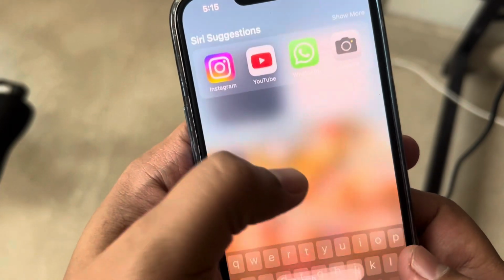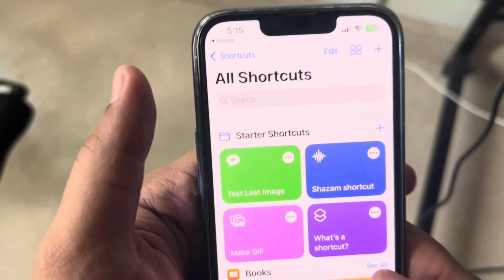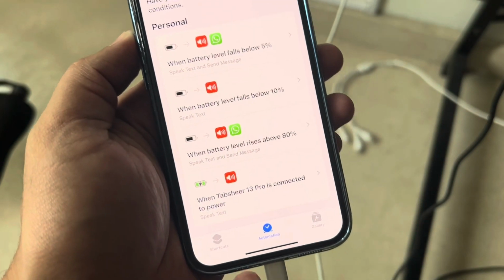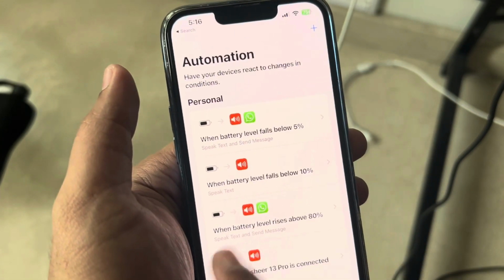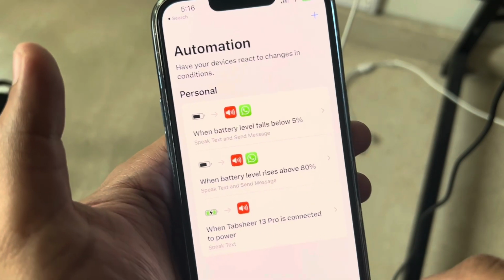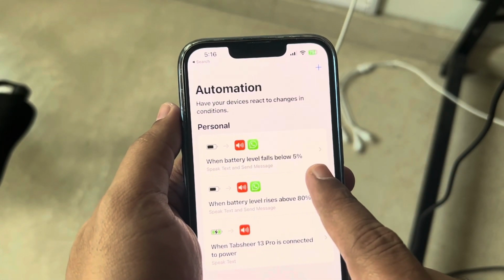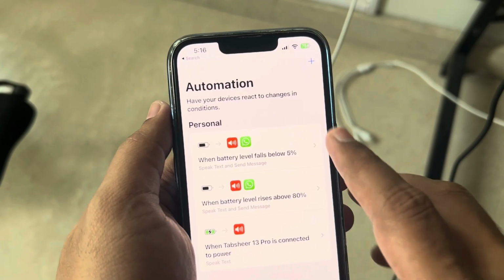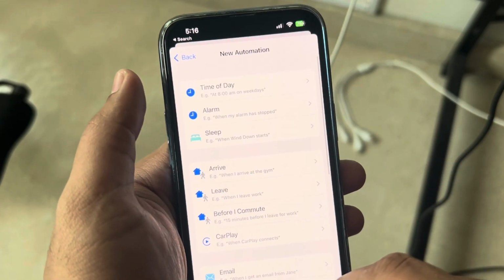First of all, you need to search for shortcuts. If you don't know exactly where it is, you can search for shortcuts. Once you come here, look for automation. Somewhere below there will be automation, and these are the automations which I have currently created. If you want to delete any automation, just swipe left and it will be deleted. Let me show from the start how to read out a message when the battery level goes below 5%. For showing the difference, I'll just make it 10%. Click on that plus, click on create automation,